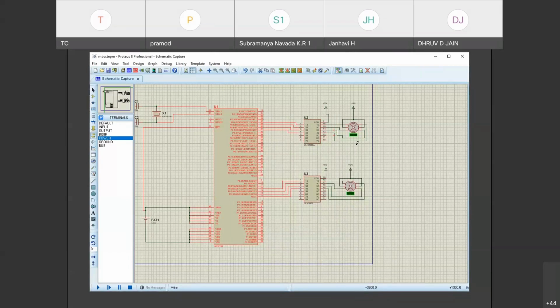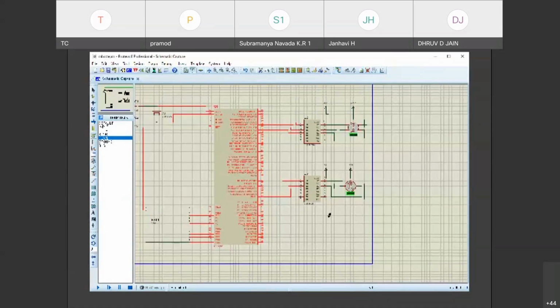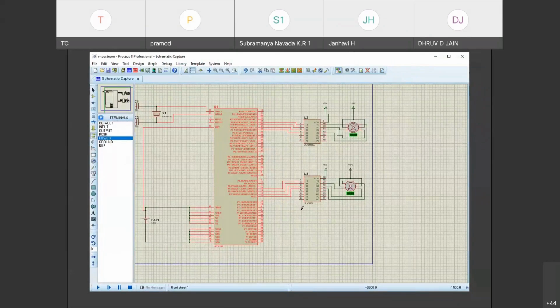I tried with the pins P0.4 to P0.7 I utilized, and I ran with another ULN2003. That also works. That program also you can try in the same way. But our program is very much specific with P0.28 to P0.31. That's what I just mentioned. And ULN2803 we must and should use because in hardware we are making use of ULN2803 and the stepper motor accordingly to drive the required current.